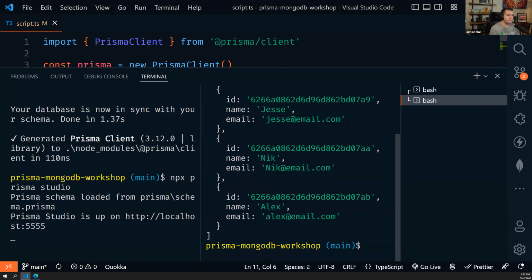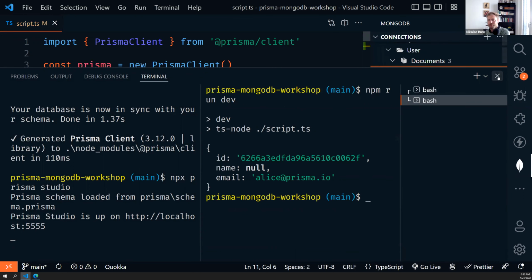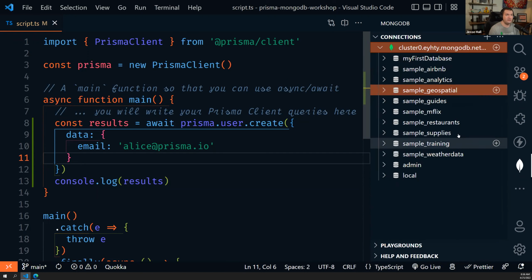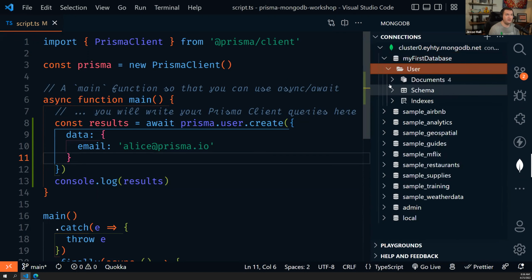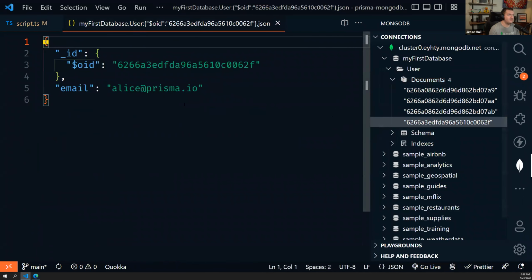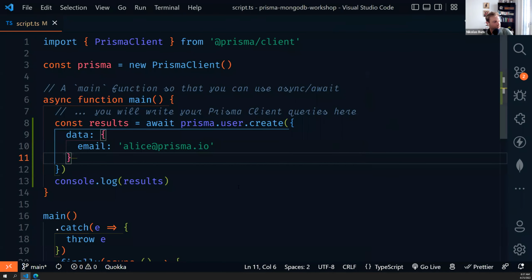Now we expect this new user document being printed. And if you were to open this in your MongoDB extension, you should now also see a new user here. Yeah, you probably have to refresh. And I see 4 documents. So there it is. Perfect. That's great. So the next task is to